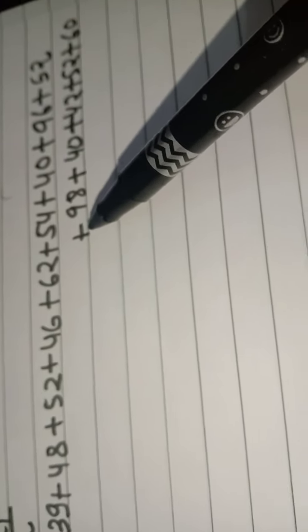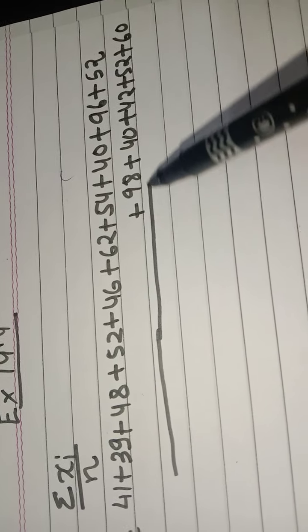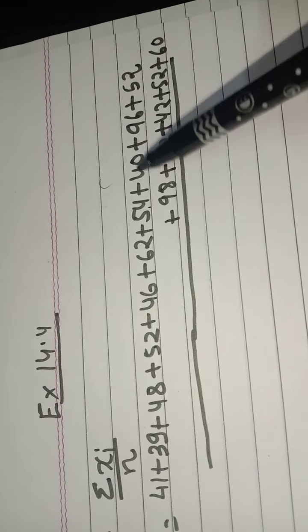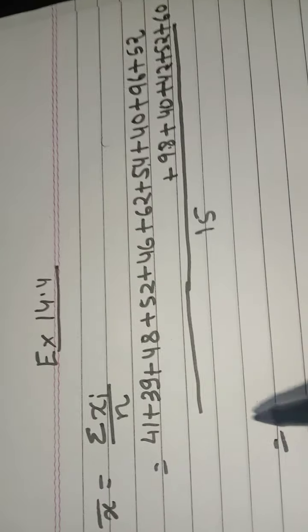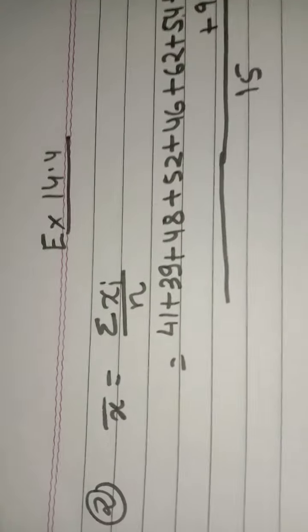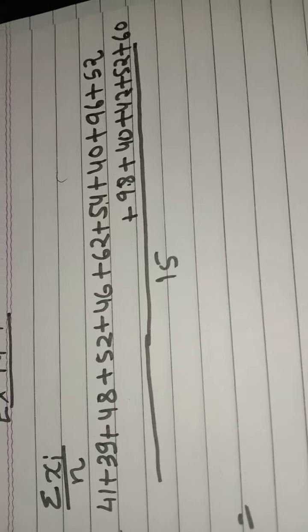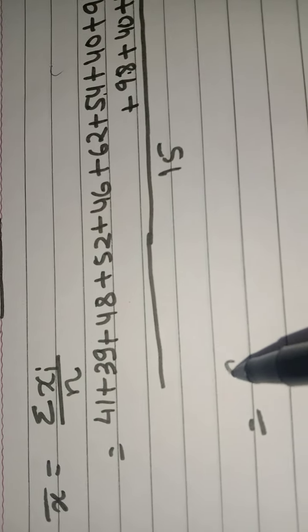Now this is the method of writing: when the space is over here, you can start from here. Don't start from here. Okay, it is the way to write. Now the number of observations you write here: 1, 2, 3, 4, 5, 6, 7, 8, 9, 10, 11, 12, 13, 14, 15. Now add them. You have to add independently, do not look at the solution.